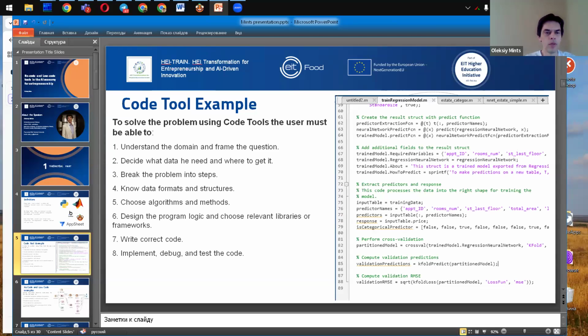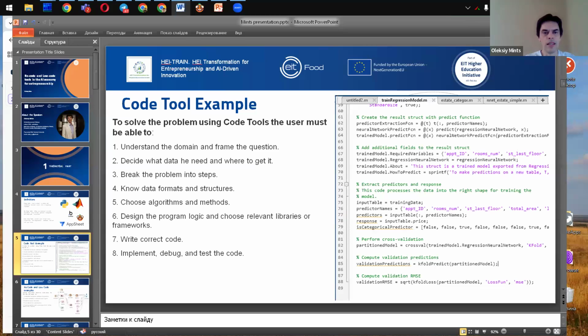Next, knowledge about data formats and structure. Your input data can be in tables or JSON files or time series or other formats, and you must understand which format your tools use best, so your analysis runs well and fast.